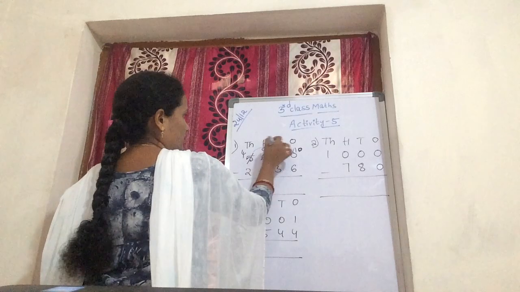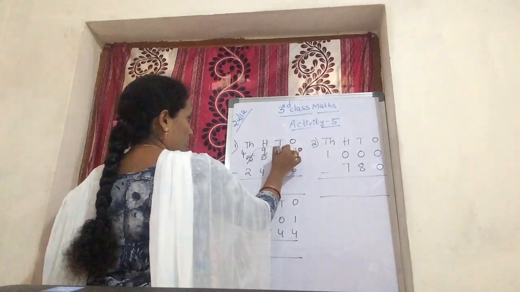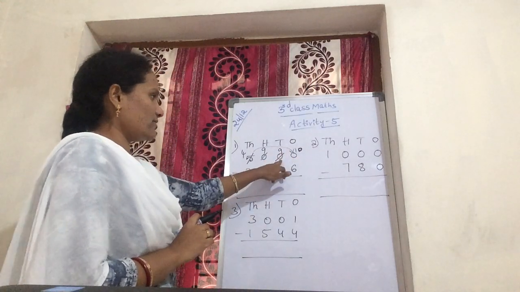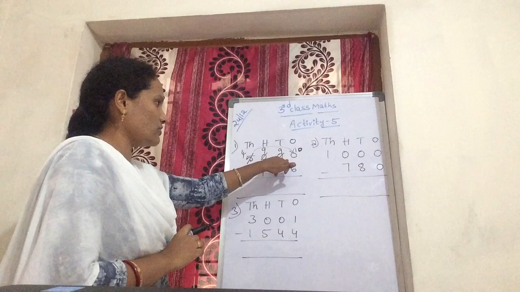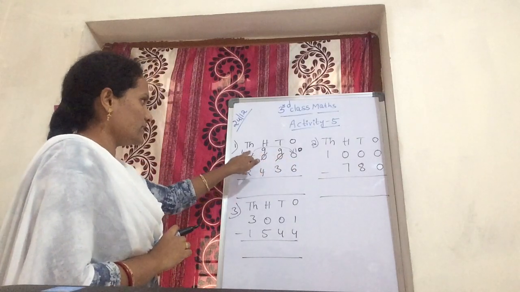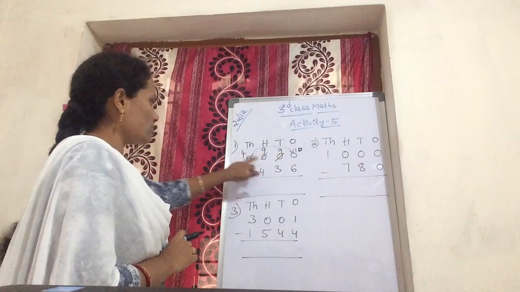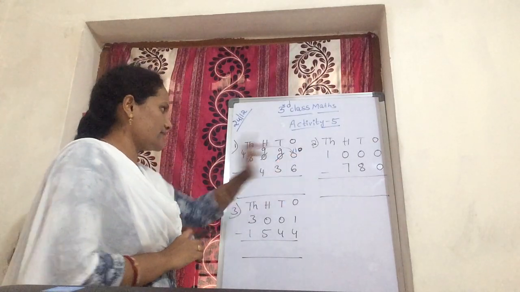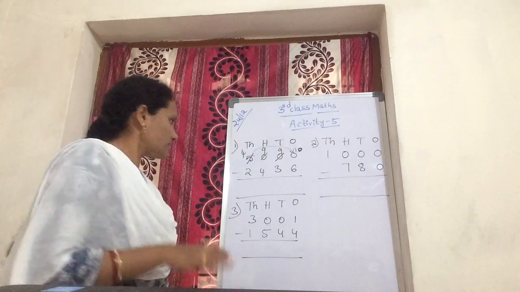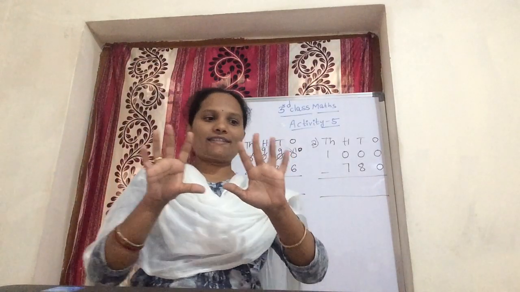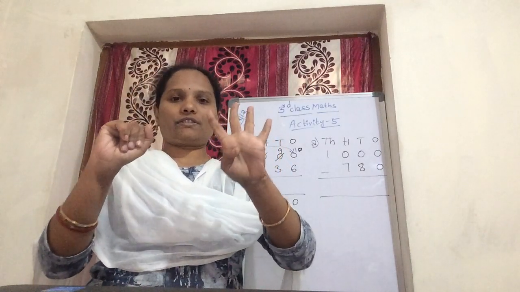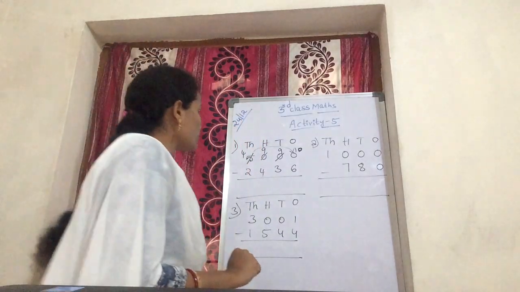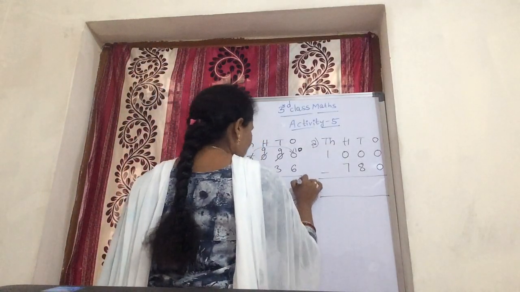Here 10, here 10, again here 10. So one 10 minus 1 you get 9. Again your borrowing is gone. So 10 minus 1 you get 9. So after borrowing, this 5 is a 4, this 0 is a 9, this 0 is a 9, this 0 is a 10. So now 10 minus 6. You get still here how many fingers are there? 4. So you should write in the ones 4.